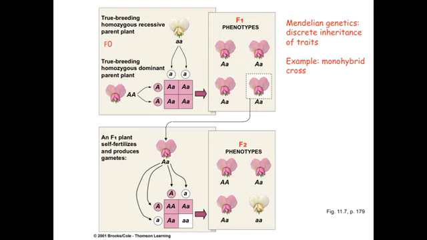Now, if we let the individuals from the F1 generation that are heterozygous self-pollinate, so they cross, we can see, as is illustrated here in the bottom left of the slide, the heterozygous gametes merging to yield offspring that have this characteristic 3-to-1 phenotypic ratio and a characteristic 1-to-2-to-1 genotypic ratio.